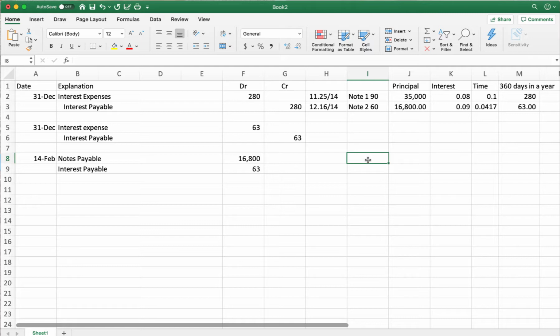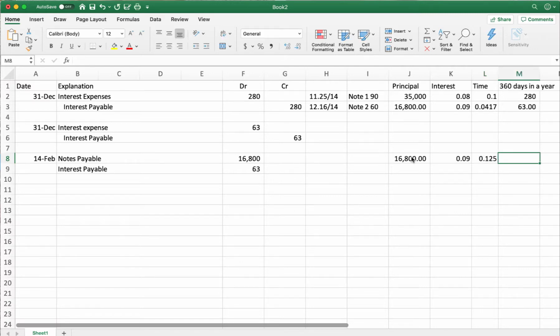So how do I calculate that? Very simple. I have my principal amount, which is $16,800. My interest that's associated with that is 9%. And I need to figure out my time. Well, from January 1st all the way up until February 14th, that's 45 days. So my time is 45 divided by